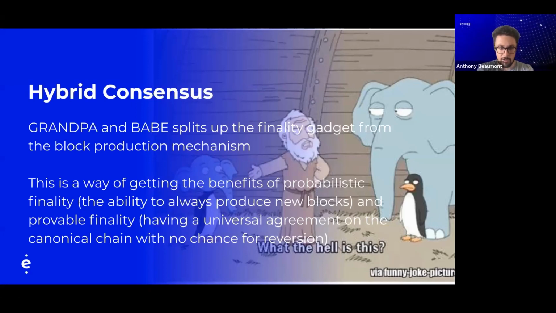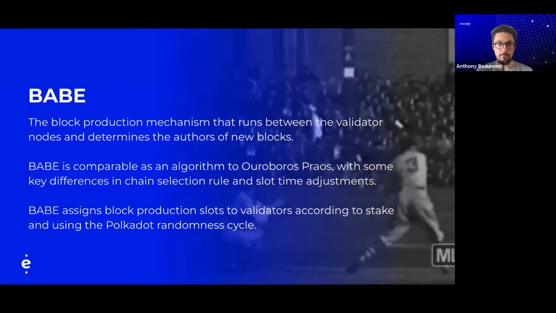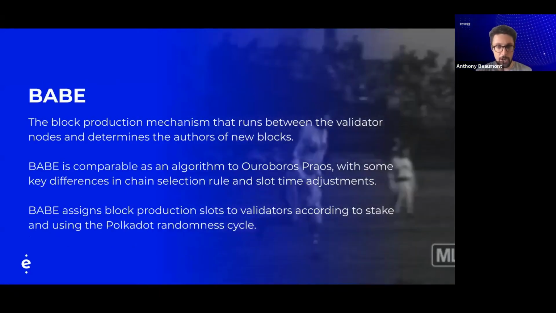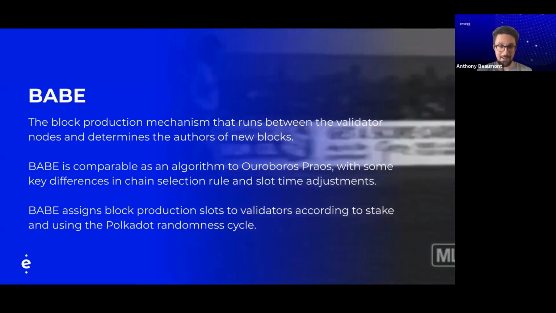You can get a universal agreement that this is actually what's happened and we don't need to go back, because that'd be a disaster. Imagine having to go back and reverse transactions. This is not a blockchain anymore. So Babe, that's Babe Ruth on the right. It's not based on him.